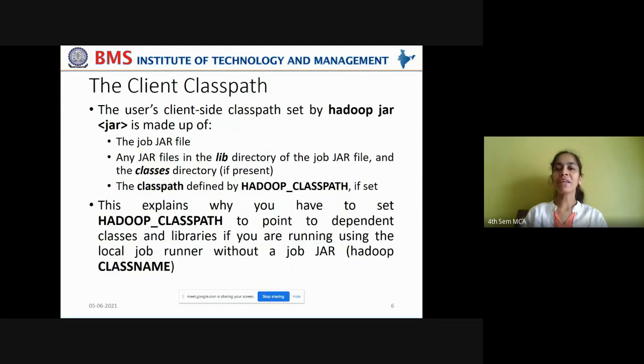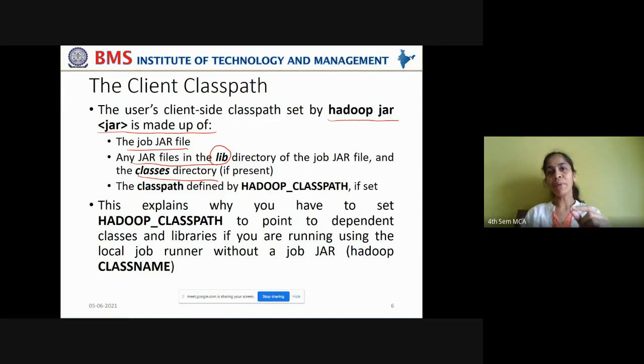Now the user's client-side classpath set by hadoop jar is made up of what all components? It contains the job jar file and any jar files in the lib directory of the jar file and classes directory, as I have shown you in the hierarchy. Okay, it contains the main job jar file, the lib directory which has the jar file dependencies, and the classes directory which has the resource files that can be added to that job, right?